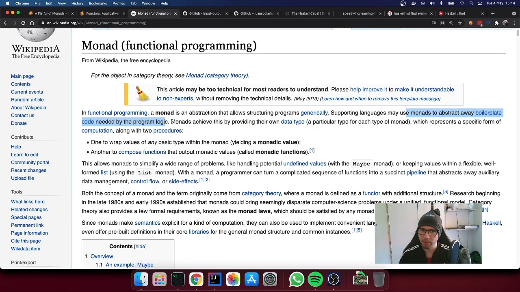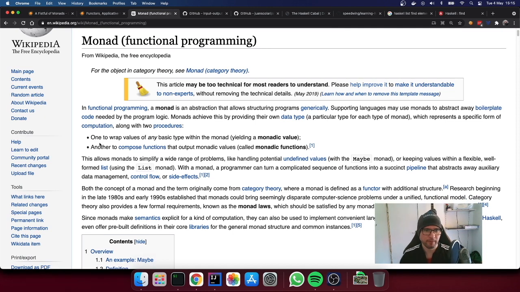Monads, and this is important, because here is literally what I need if I want to use monads, what I really deal with: monads achieve this by providing their own data type, a particular type for each type of monad, which represents a specific form of computation along with two procedures or methods or functions. And this is paramount. One that wraps values of any basic type within the monad, yielding a monadic value. Another to compose functions that output monadic values.